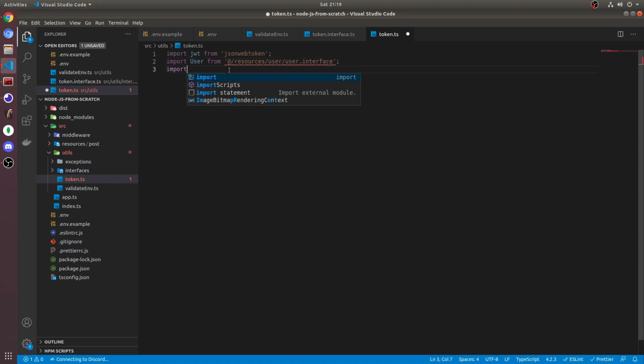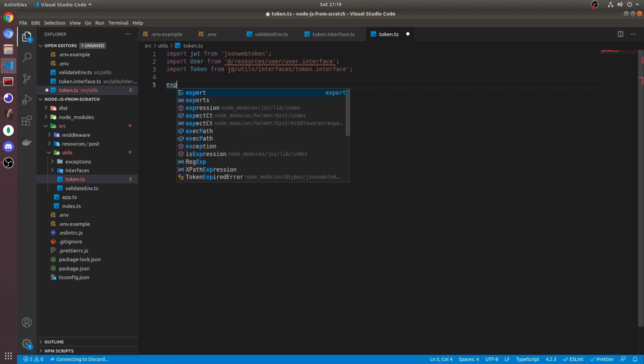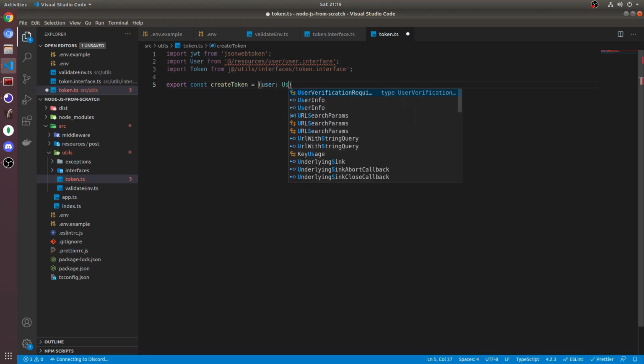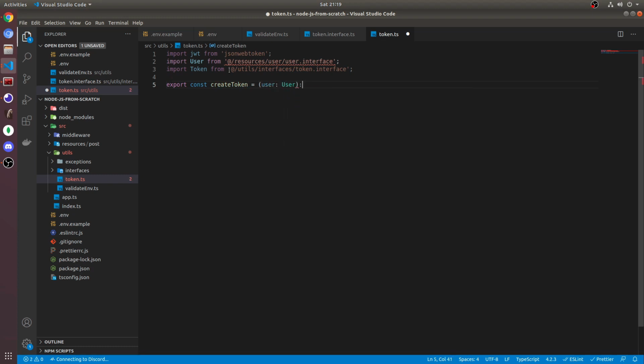And then we'll do import token from utils/interfaces/token interface. And then the first thing we're going to do is create the create token function. So if we do export const createToken equals, and then a user will be passed into this. So it'll be of type user, and it's going to return a string. And what we'll do is just do return